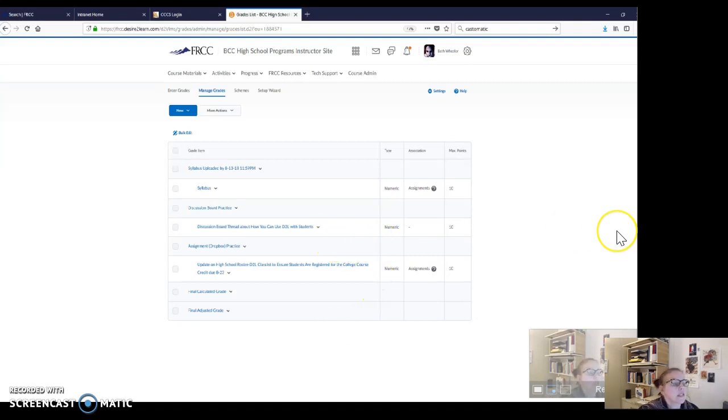You see I am in a D2L shell and I'm at the grades page, which you access through Progress, just a quick reminder there. And remember, you enter grades here, and this is where you're going to manage categories and graded items. So just a quick